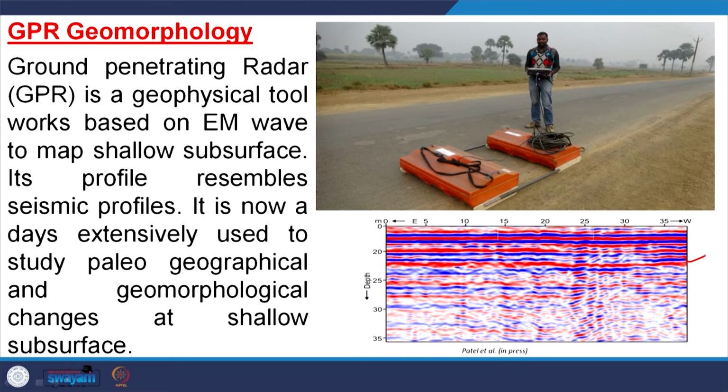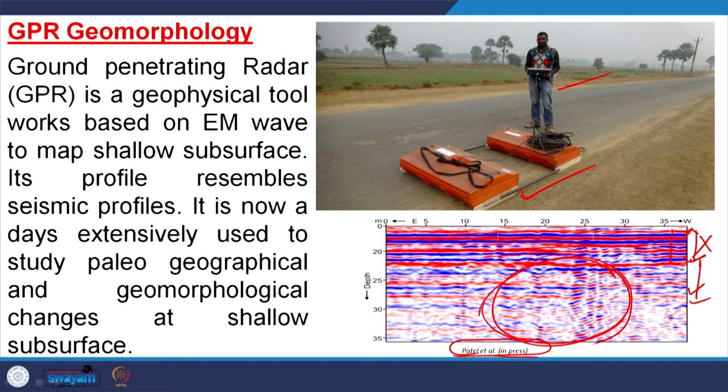For example, if you see this photograph from a GPR profile, as a learned or experienced geologist, you can say that it is looking like somewhat a channel. Now you see at the surface level we do not have any information, only parallel reflections are there, but once we move to this depth, we get a patch which is looking like a channel which is buried. So, that means it is a paleochannel, and this is a GPR profile, taken from Patel et al, which is in press, and this is Patel standing.